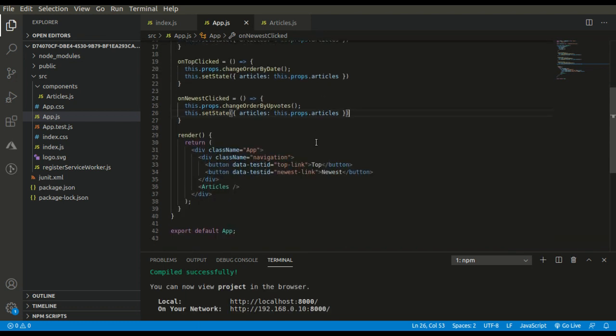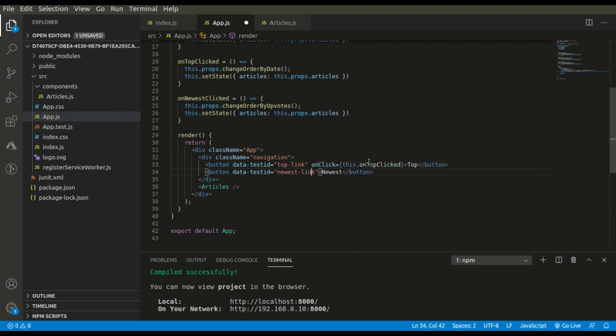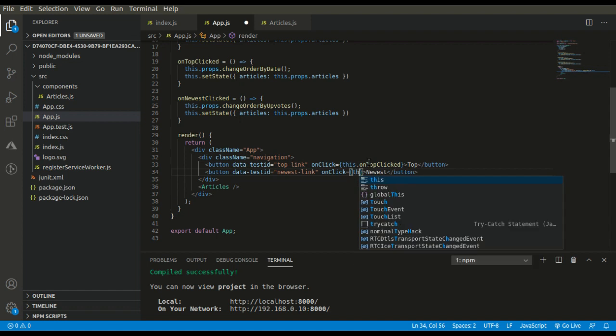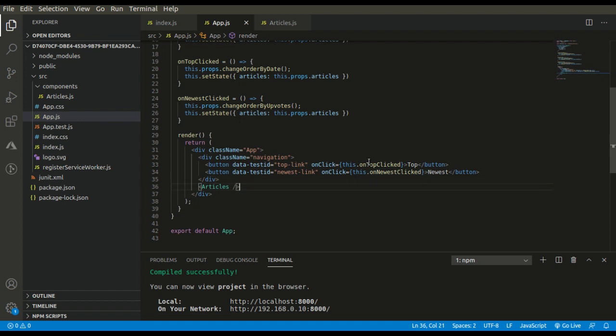Our project compiled successfully. Now let's add the click handlers: on click this dot onTopClicked, and on this dot onNewestClicked. We have written our click handlers.